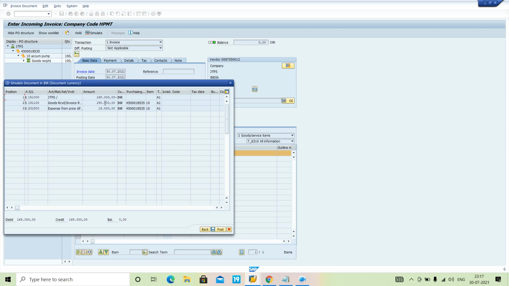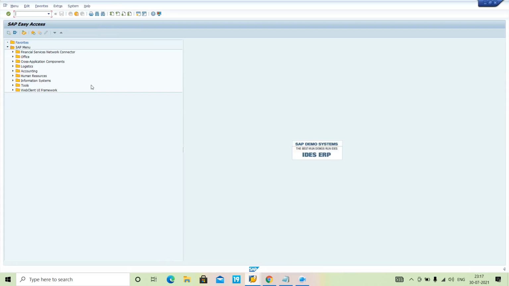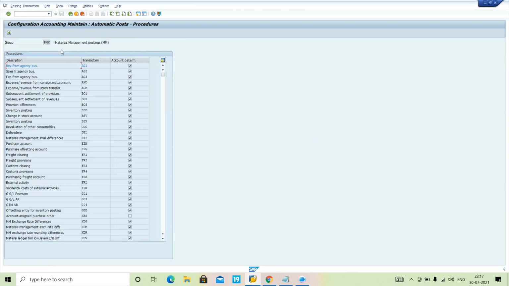Previously in the MIGO, the material account is to be debit, GRIR account is to be credit, but in the Miro the vendor account is credit, GRIR account is debit, and here one more thing, the PRD account. I will show you where you will get it in OBYC. PRD, don't worry about it, it's nothing but the price difference.